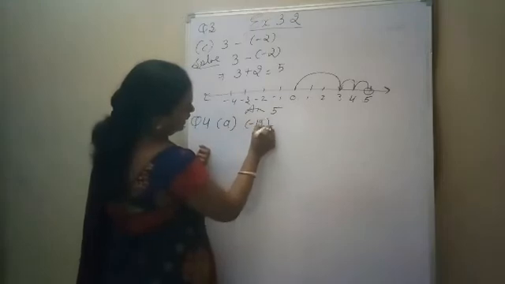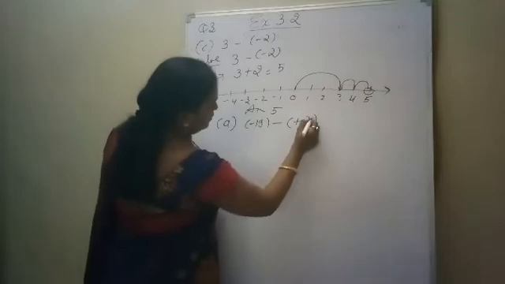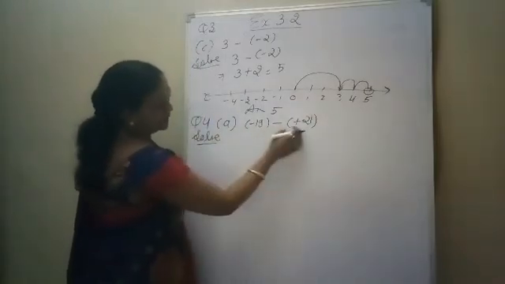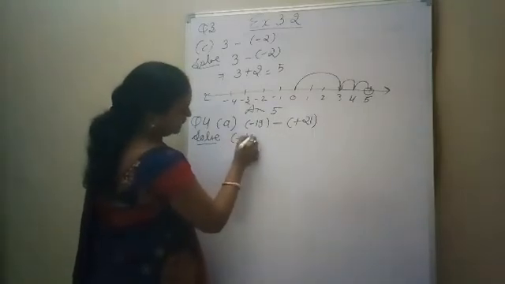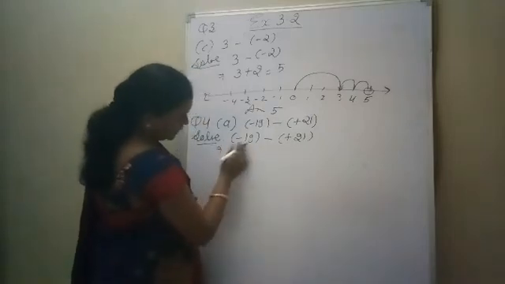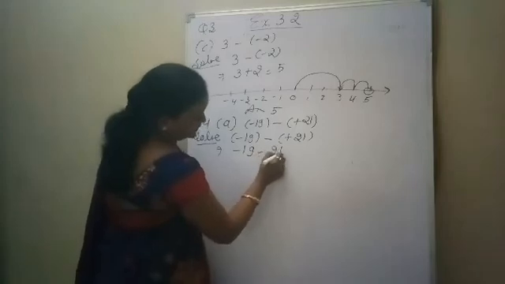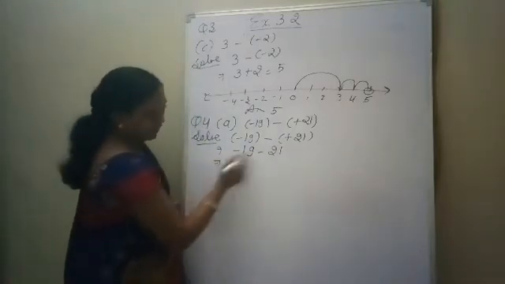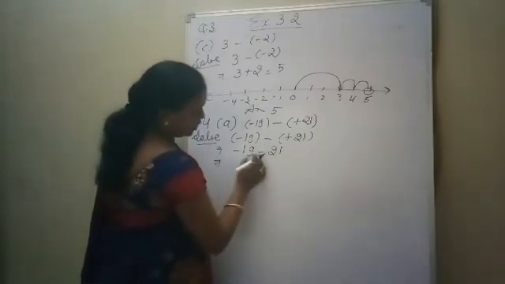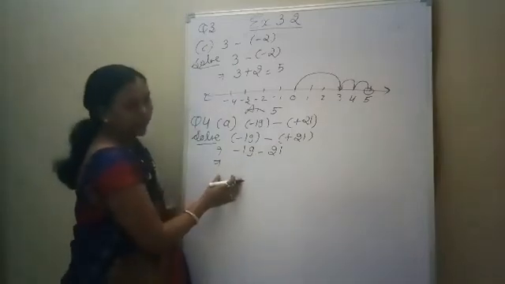That is minus of 19 minus plus of 21. Look at here, there are two numbers. The first one is negative and the second one is positive. But in between there is a negative sign. So here we can write down minus of 19, minus and plus, here our answer will be minus. When we open the bracket, plus minus, minus. So for addition of 19 and 21, both have the same sign, so we will do addition.